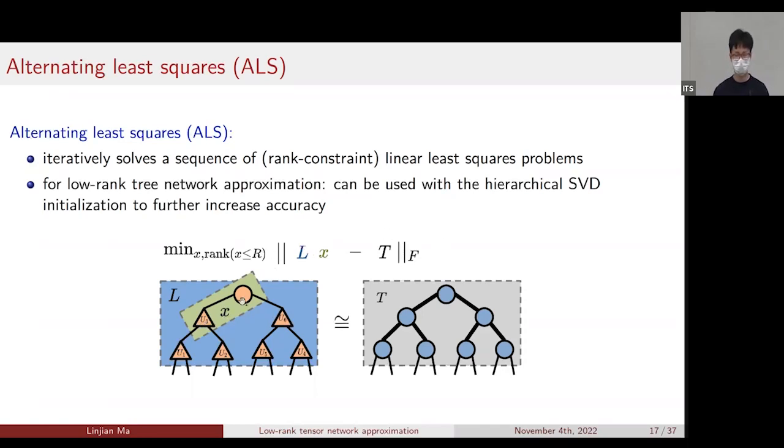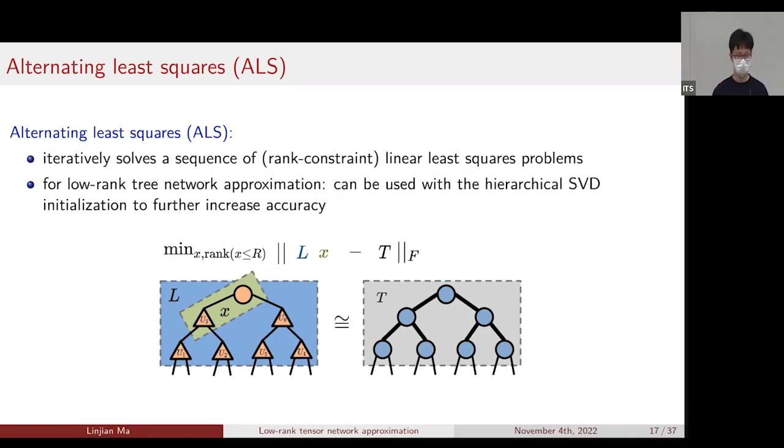Then we use these results to update these two tensors, and then we change the variable to some other two tensors, for example, the root and the right one, and then do the update. Basically, we reframe the nonlinear problem into a sequence of least squares problems and solve again and again until we